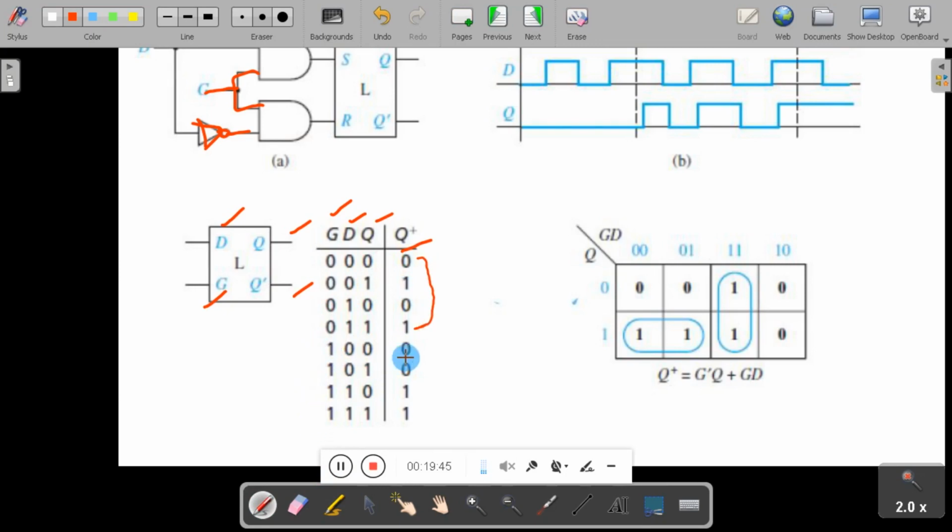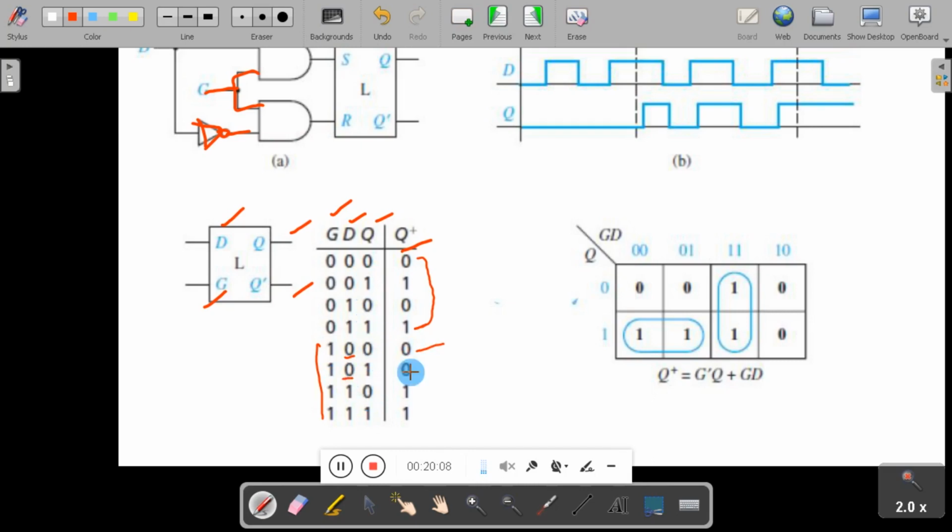When gate is 1, you will get output that is nothing but data D. So when gate is 1, what is the output here? Data input 0. Same thing you will get as output, irrespective of last state here.